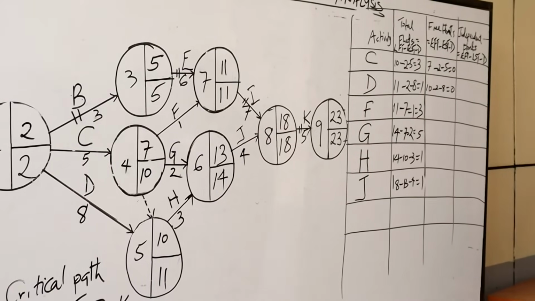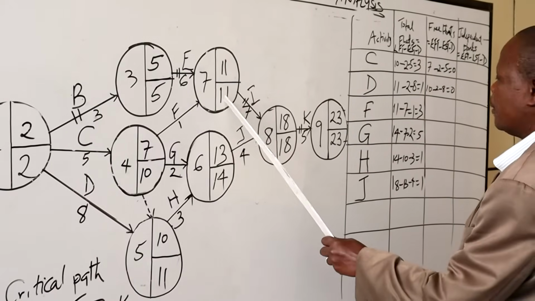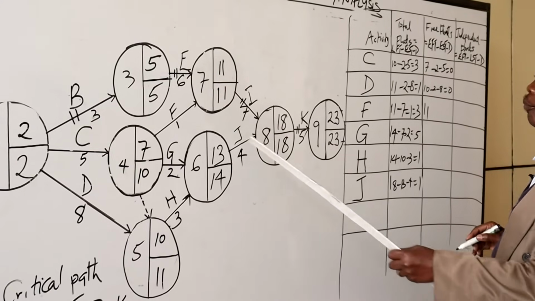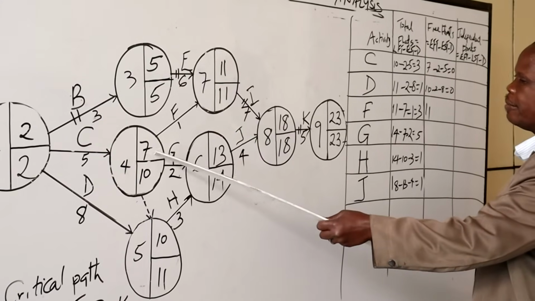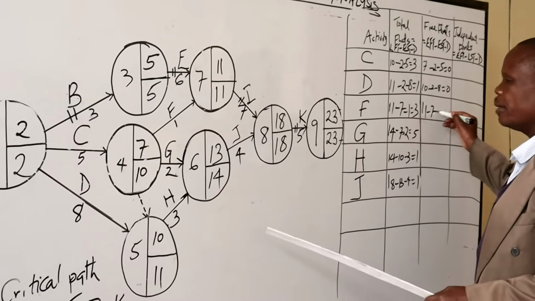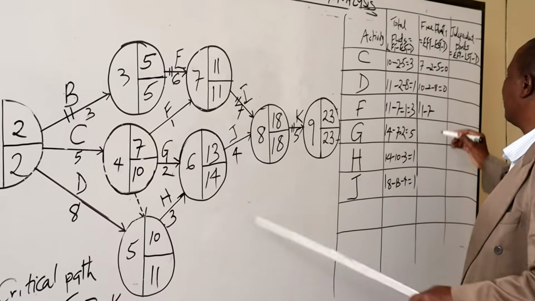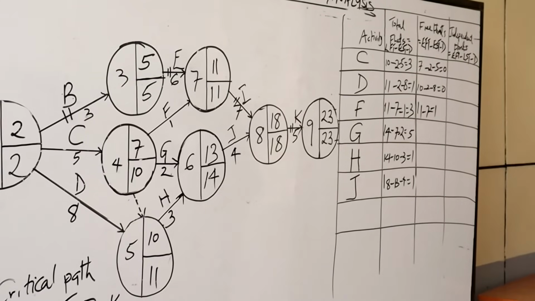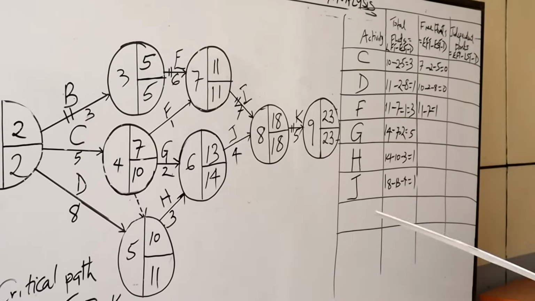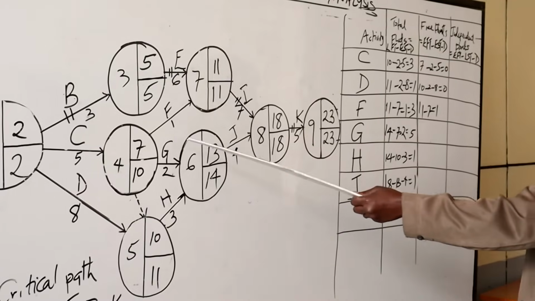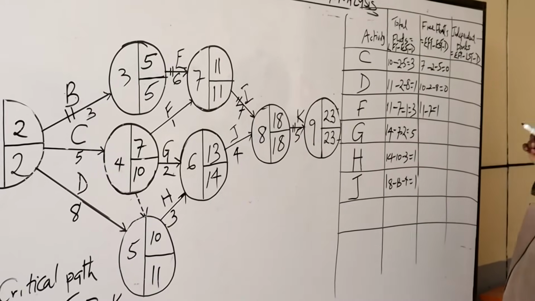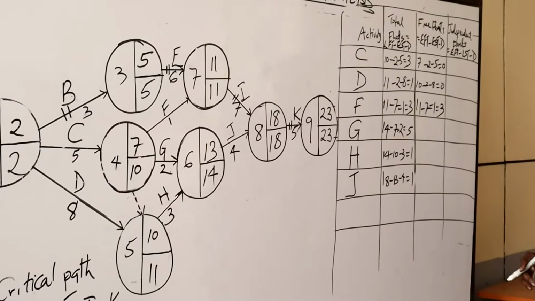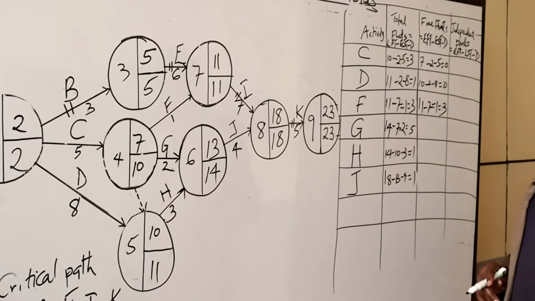For F is 11 minus earliest starting time, minus 7, minus 1. 11 minus 7 minus 1, that is for F, which is 11 minus 8, which is 3. Then G is